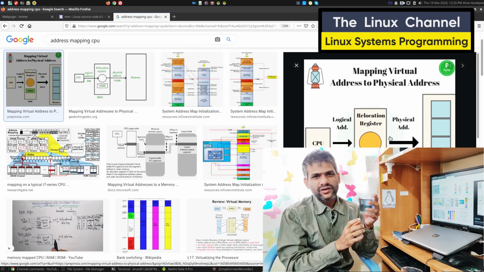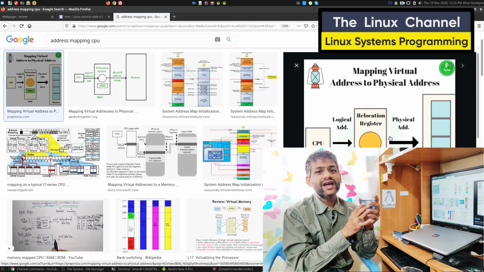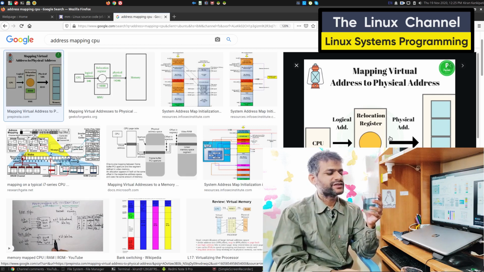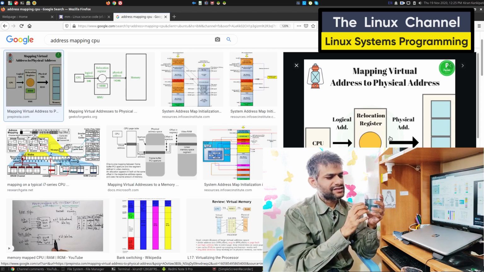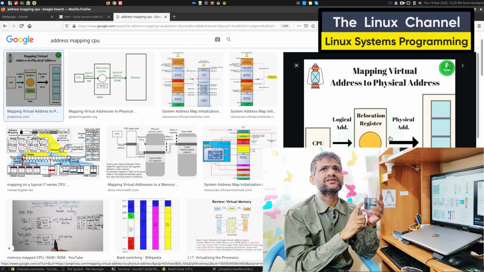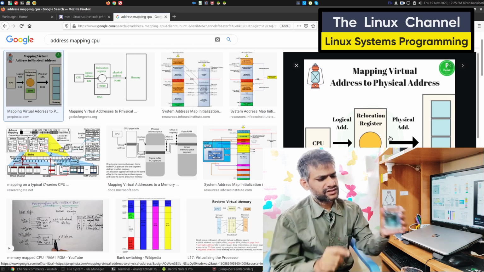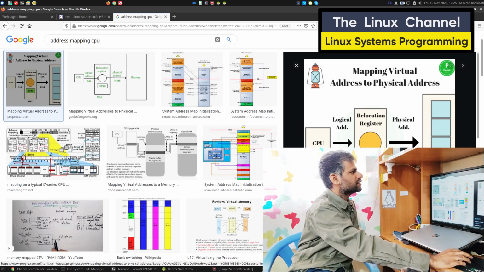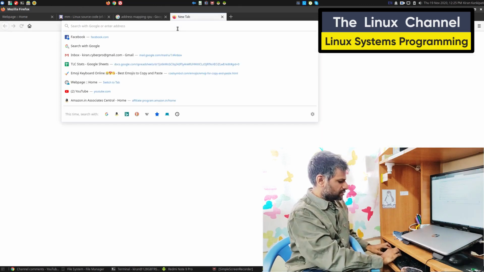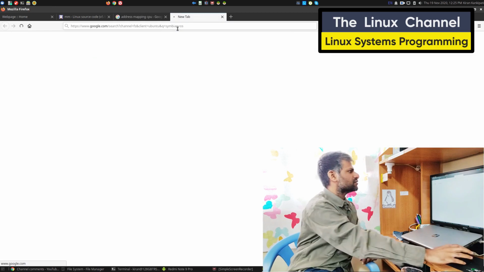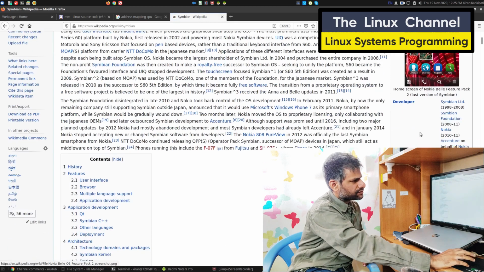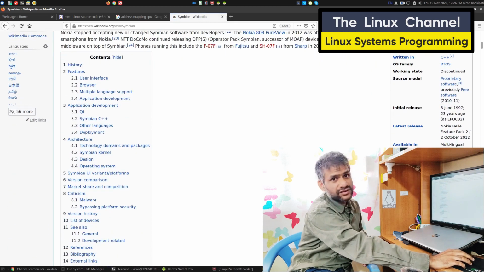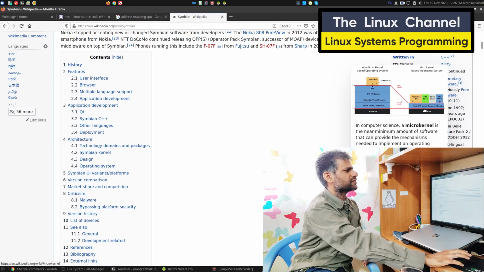Hence, if it is not a monolithic kernel, but hybrid or microkernels like Windows or any microkernels like that, there is a small possibility. I believe even the Symbian OS, which used to run on old Nokia phones, is a microkernel. I think so. We can quickly Google Symbian OS. Go to Wikipedia and they mention its kernel architecture. Yeah, you can see the real-time microkernel, and you get this sort of a picture.